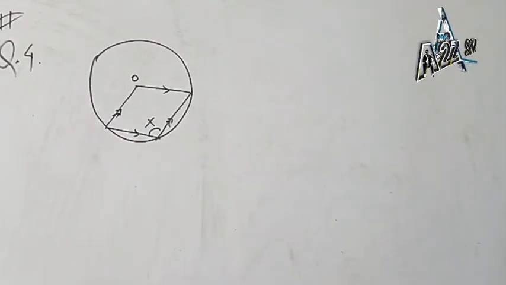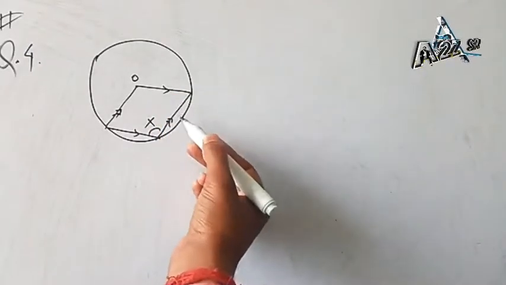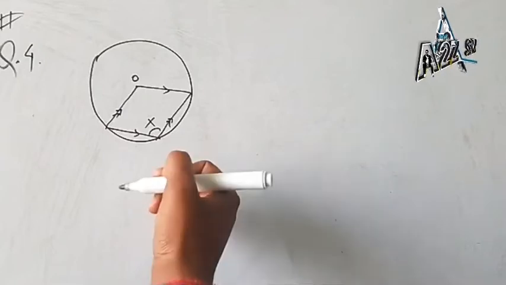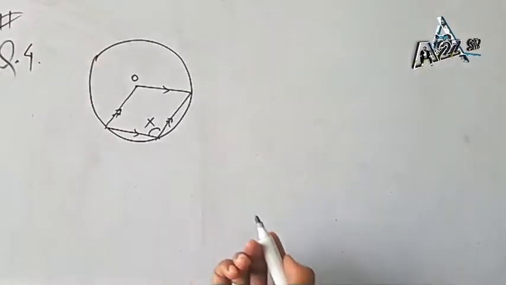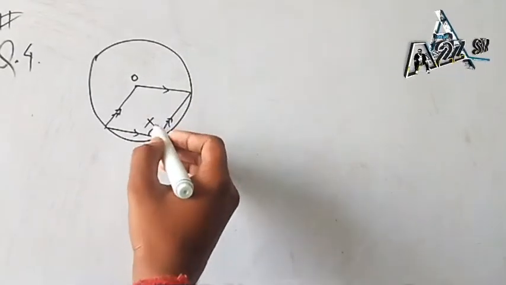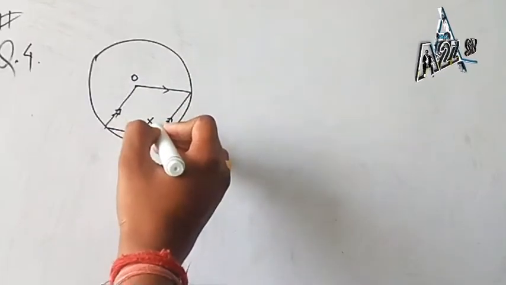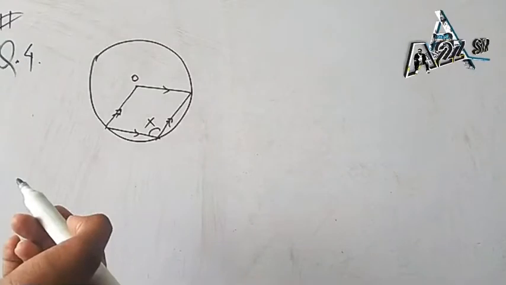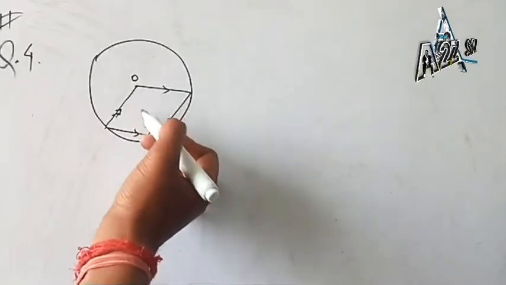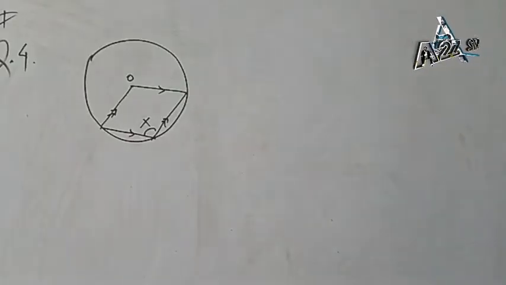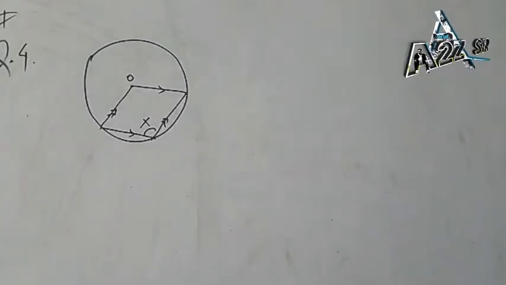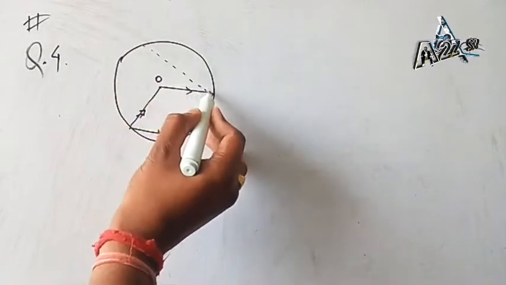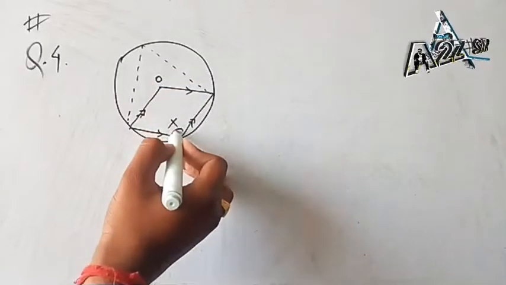Same way, here is the next question, and we have to find the value of x, and O is the center of the circle, and some parallel lines are given. It's a form of parallelogram including the center, radius and circumference. Here we can use the same way, but here you have a clue, and it must be easier than the previous, I think. The x angle must be equal to 2 times, so x and 2x. Before you use your ideas, maybe you have to use the technique of construction. So construct like this, and this whole angle becomes